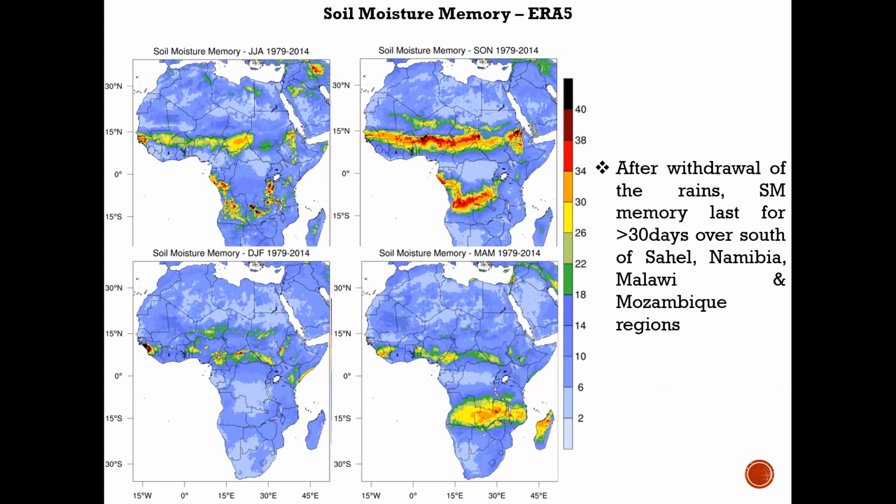So in those areas, soil moisture can provide predictability even up to 40 days for some areas. This is true for southern areas in Malawi, northern Mozambique, and Namibia during March, April, May, and also south of the Sahel during the SON season, as well as southern